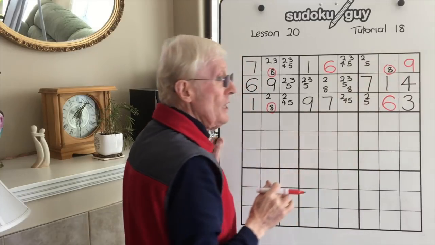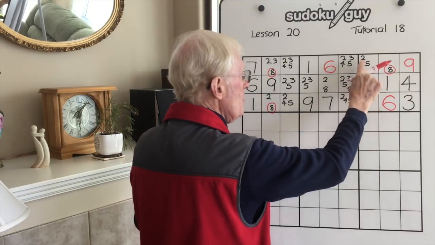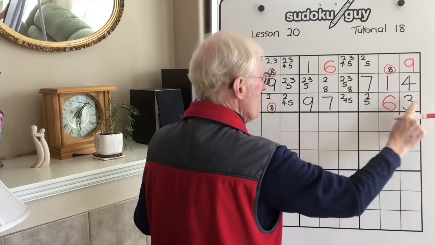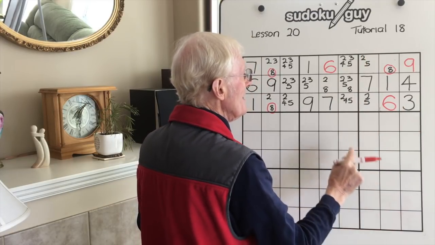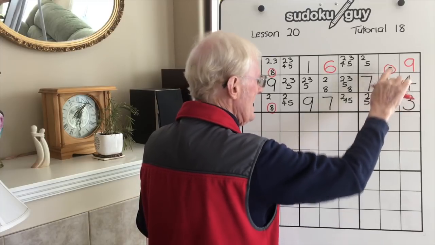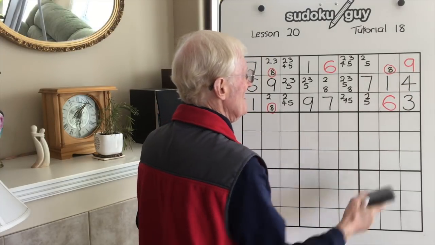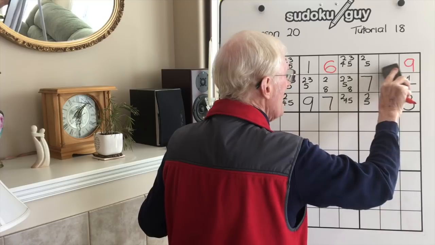Remember, that's the rule about a matching pair. If you have a 2, 5, 2, 5, anything in this block or in this column, if there was a column here, you can get rid of the 2 or the 5. So that leaves us with a real big 8. Now that we've got a real big 8,